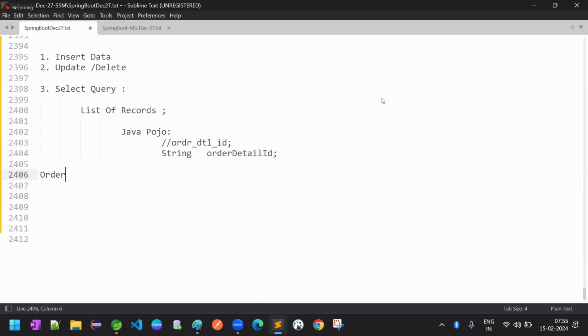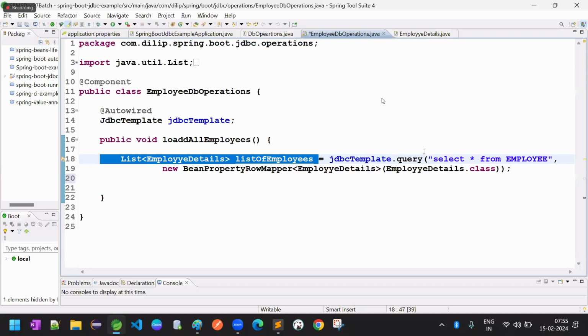You will first define a class, a Pojo class. For example, this is the Pojo class you define: OrderDetails. Your assignment is that it implements RowMapper. So your Pojo class is implementing the RowMapper interface. If you see here,